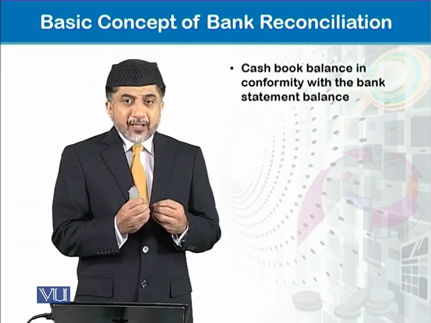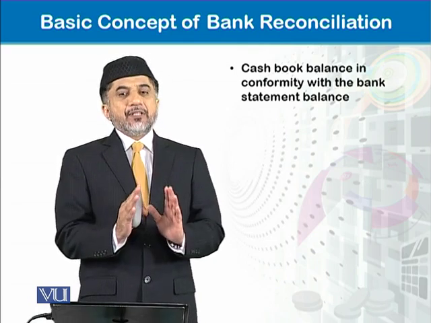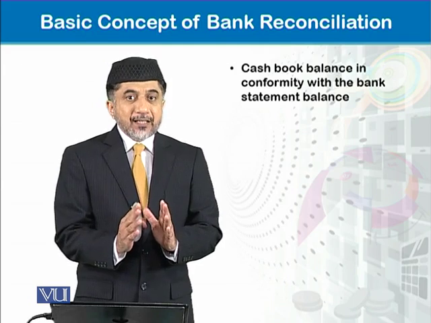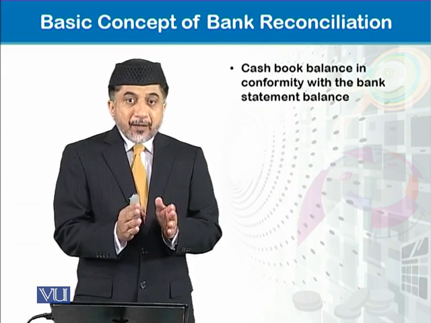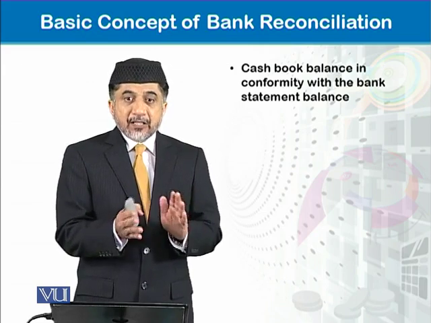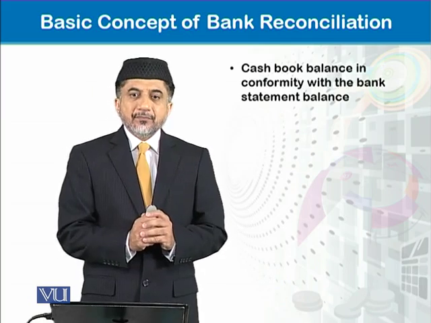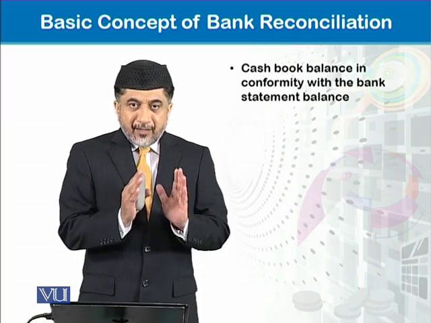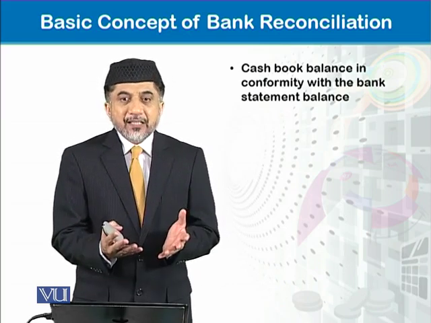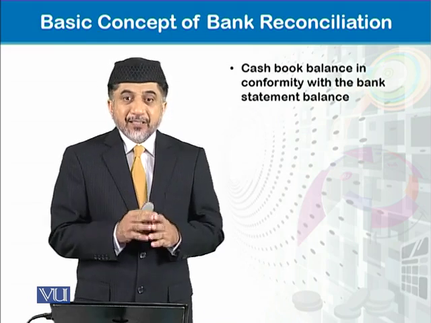So if both balances are equal, the accountant would be satisfied that all the transactions that the bank and the business made in this time period were recorded properly. But if there is a difference, the accountant will get disturbed and will start digging out the reason